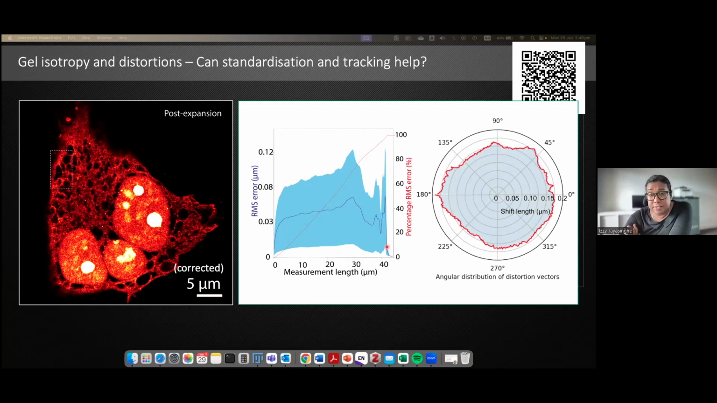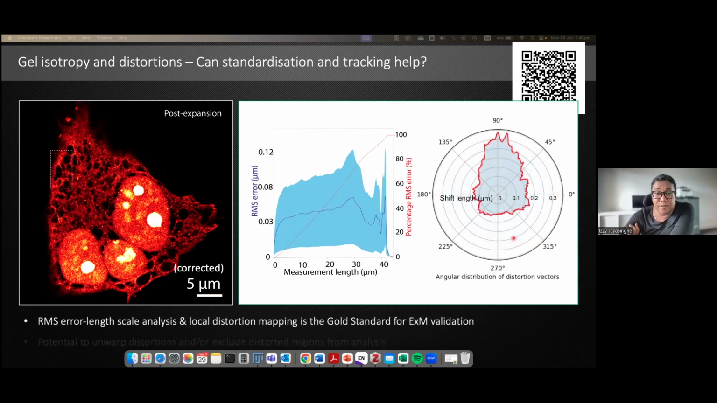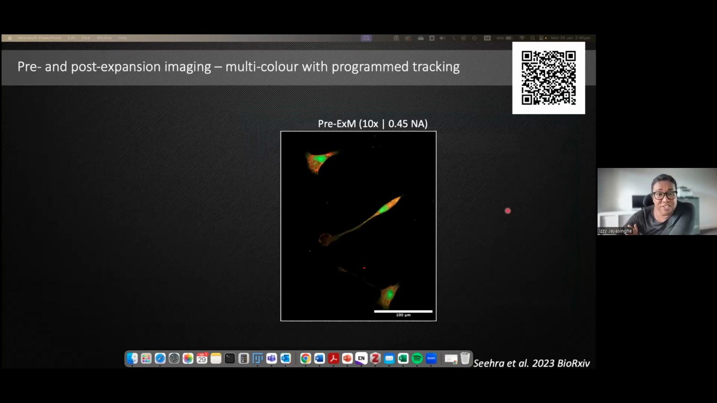The other thing that it allows you to do is to look at the angular nature of any distortion. So this is one where there's no particular preferred angle, but here's an example of a cell that had a very preferred direction of that root mean square error, and that would be a red flag, in that it would point to a directional distortion. Just in the final couple of minutes, I just want to show some examples of two-color imaging